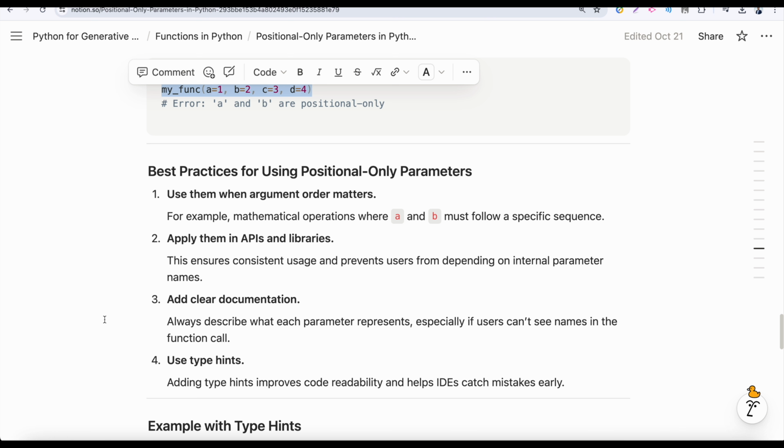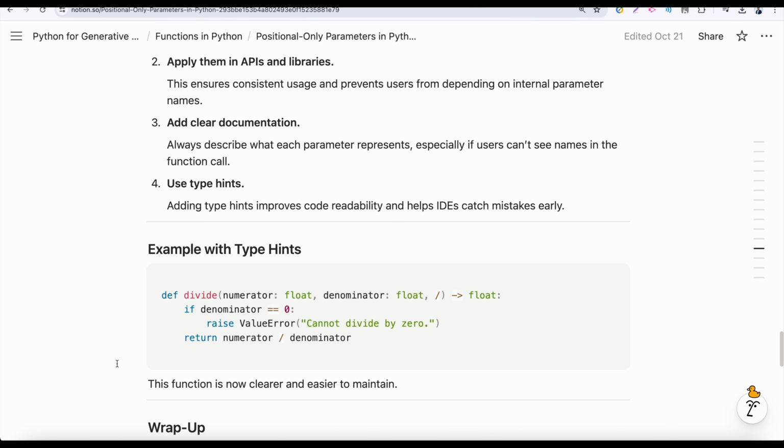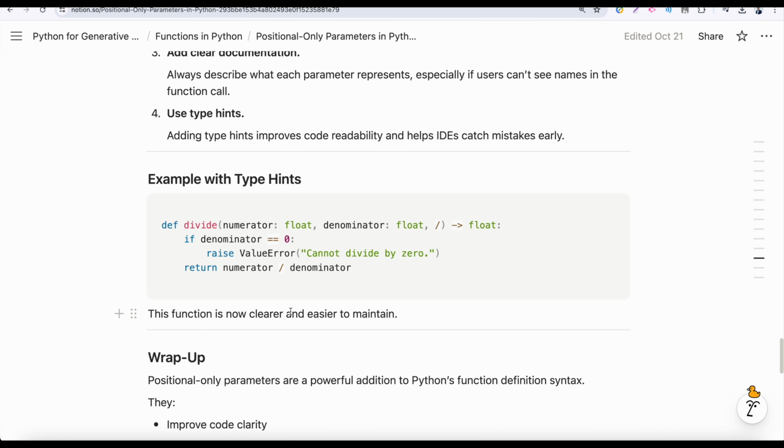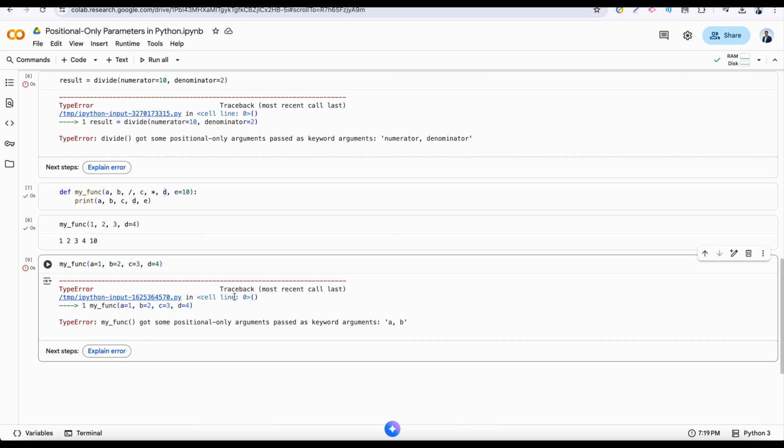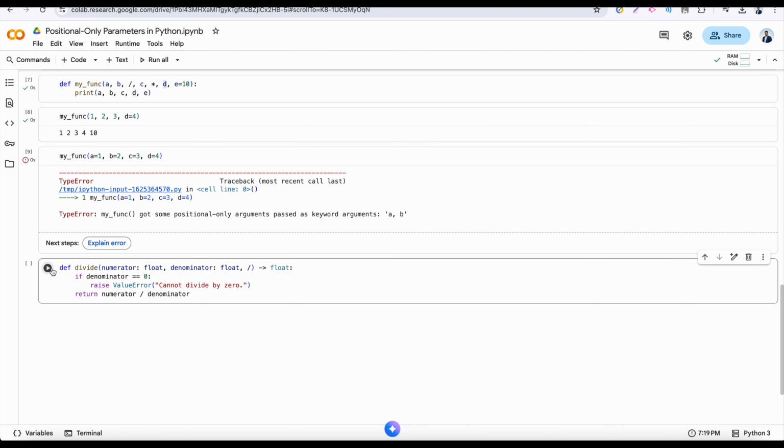Use type hints. Adding type hints improves code readability and helps IDEs catch mistakes early. So, example with type hints. Here we can specify type hints and use the function. This is the function divide. Numerator, we are passing the type hint as float. Denominator, typing as float. So, when we call this divide, we are getting the values